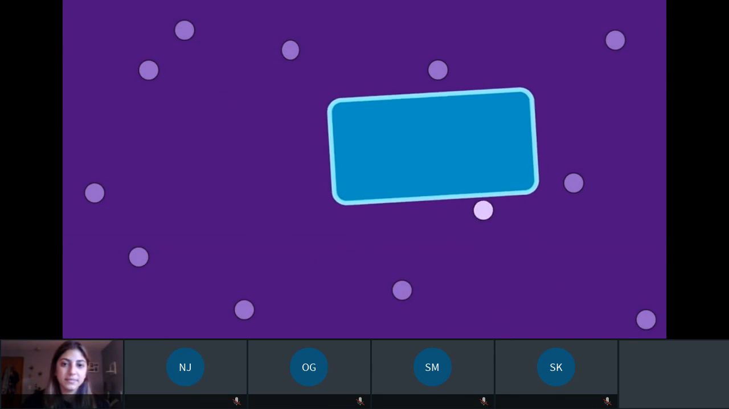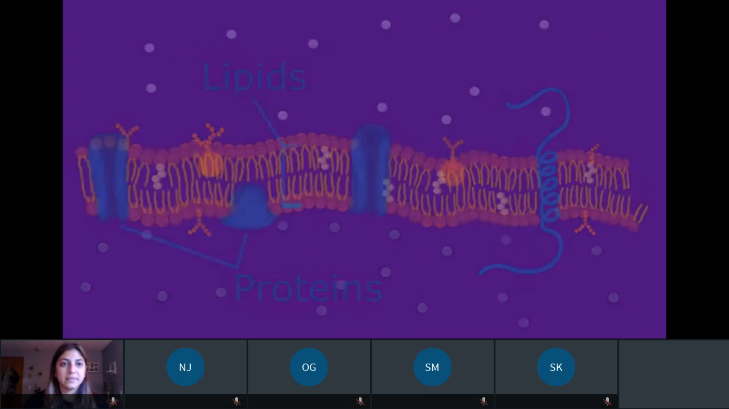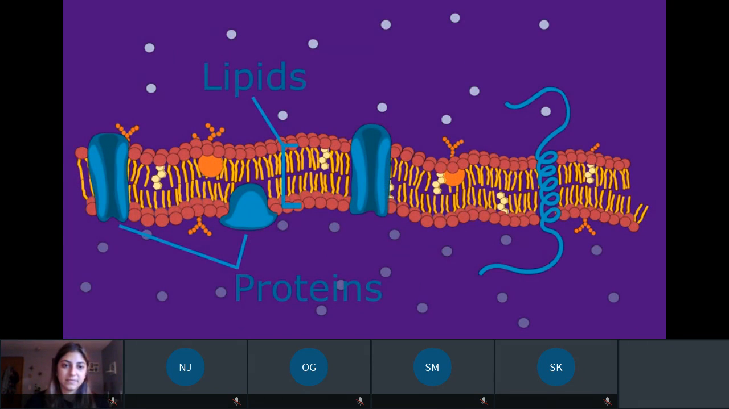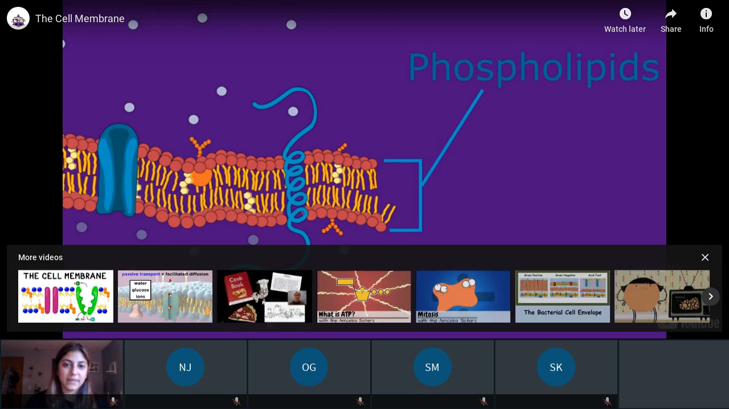It allows certain organic molecules to pass into and out of the interior. The cell membrane is mainly composed of lipids and proteins. Its framework consists of a double layer of phospholipids. Lipids